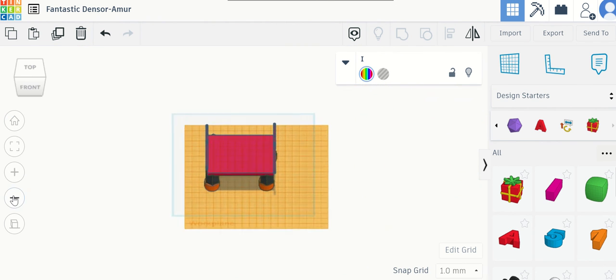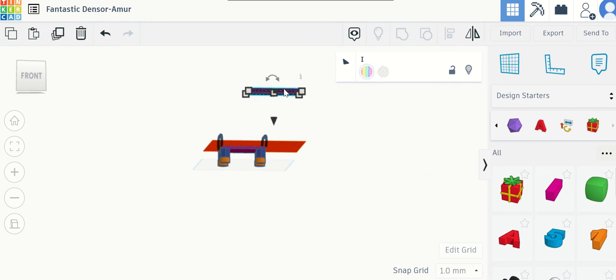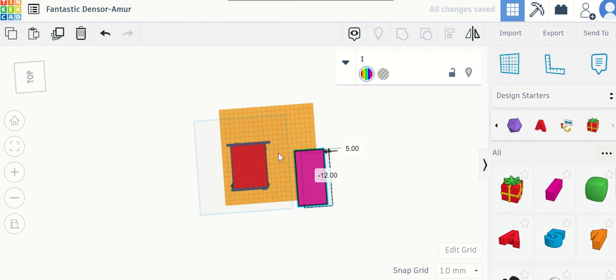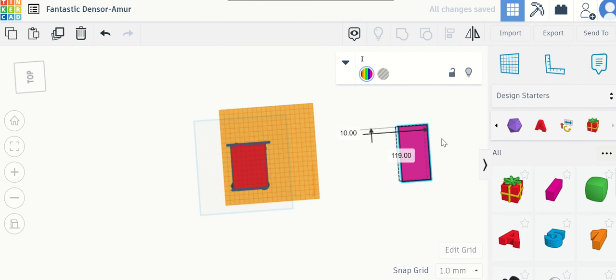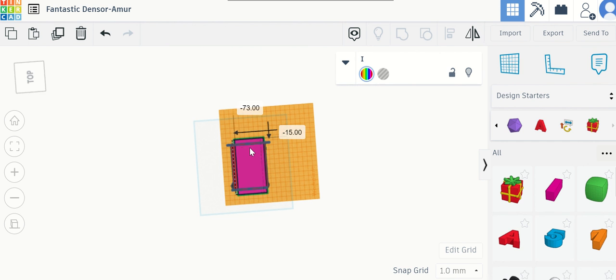Let's see. And if you ever have trouble and you're having a hard time moving your shape back, check these numbers. If they're really high, like 900 or 1,000, then that means you're really far from the other shapes. And if you want to get it closer, make sure it gets a little closer to 0, and that means you're getting